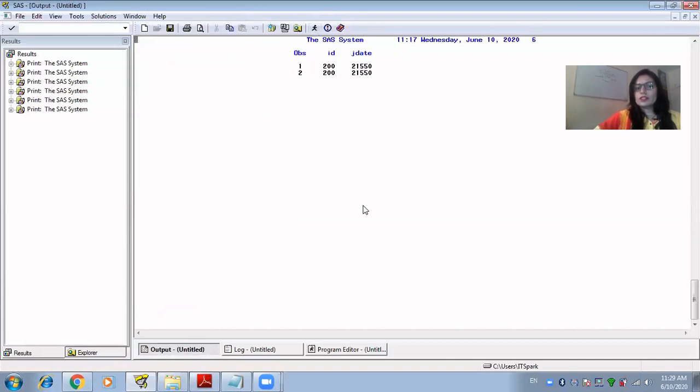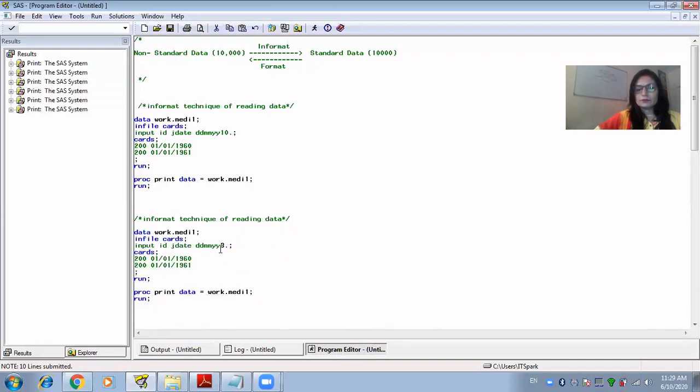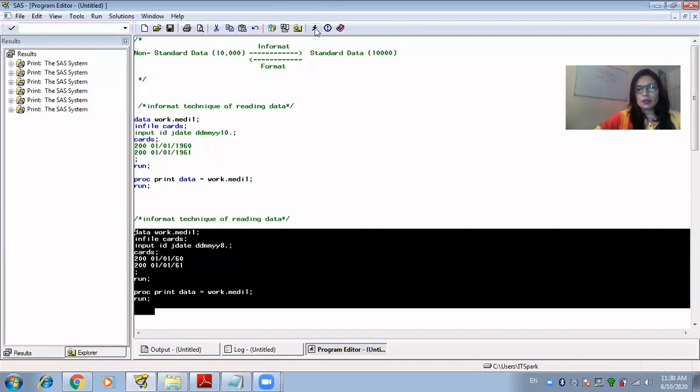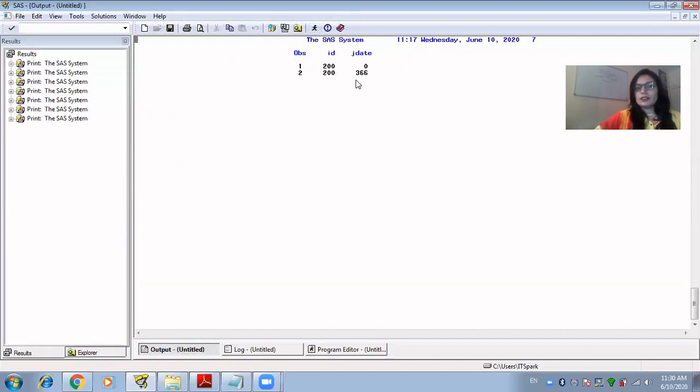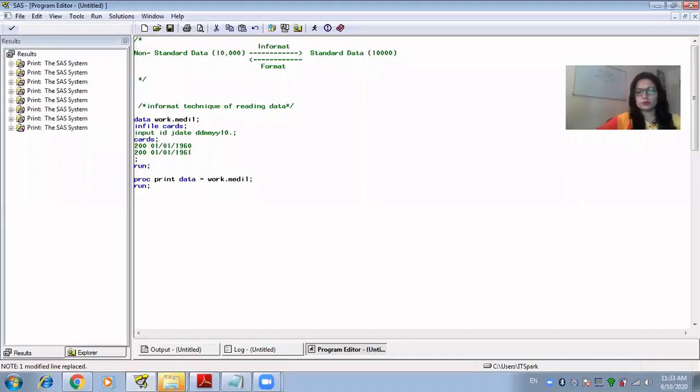So you see that there is some different date you find. I have to change this part as well. I need not to include the century, and then I'll select and run this. So here you see this is 0366. So we are able to read the date if we do not have century in this. So this is how we read this date variable.